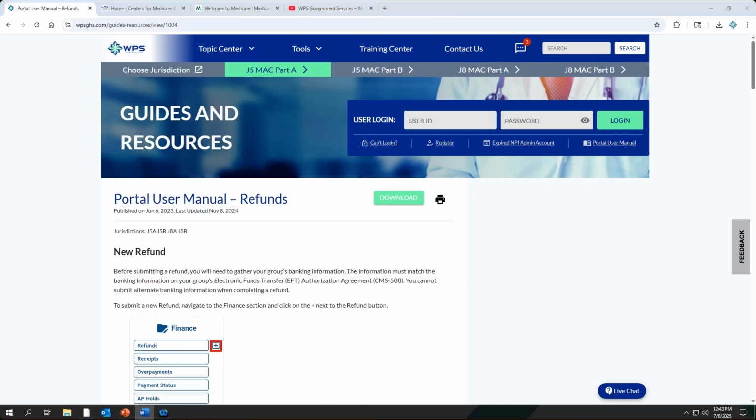What is the best way to do a refund to avoid paying a penalty? I really don't know the best way. I can tell you from our refund department, we do like the electronic refunds done in SNAP. The reason that we like those is that it allows us to use automations and to make things go a little smoother. It allows our system to work more efficiently. So of course, that's going to be our preference. Doesn't mean you couldn't do it in a different way.